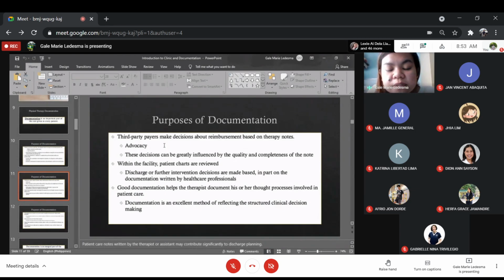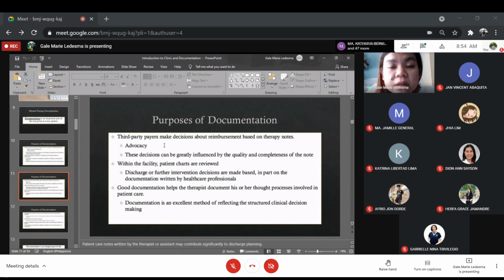Good documentation helps the therapist document as well his or her thought processes involved in the patient care. As we said earlier, this is the aspect of our practice wherein you really need to showcase your clinical reasoning skills. Okay? So everything that you put in there